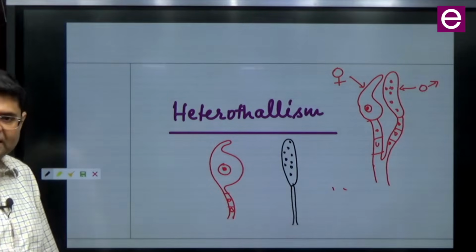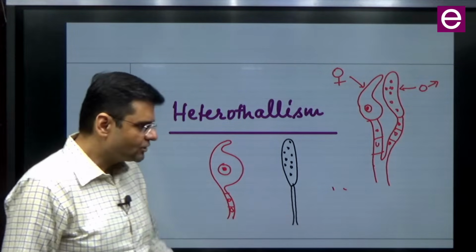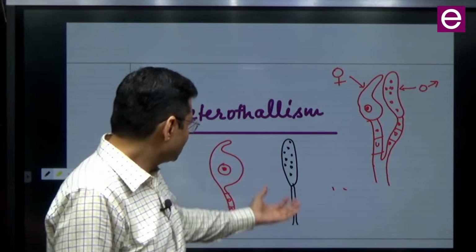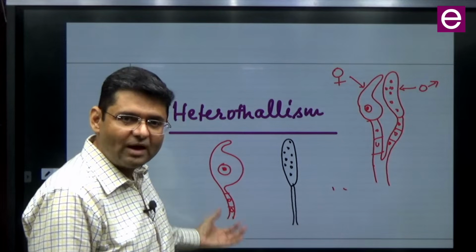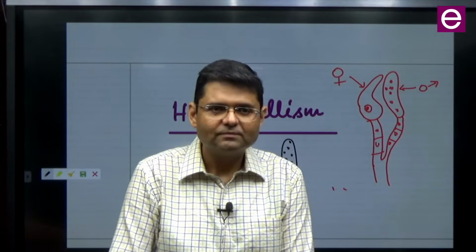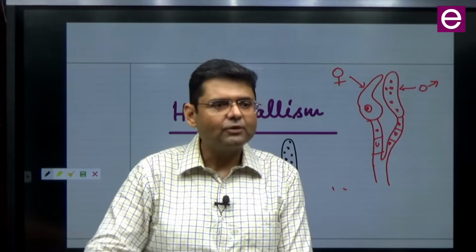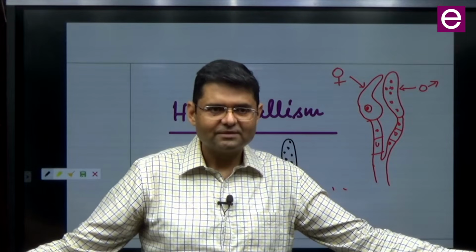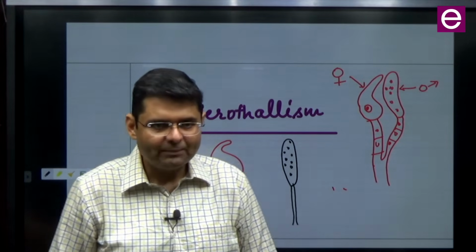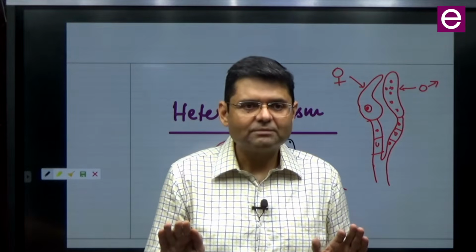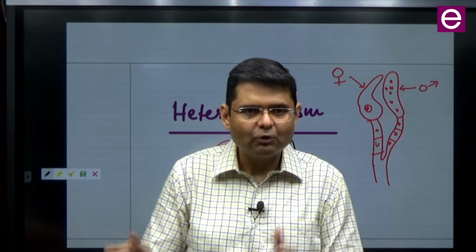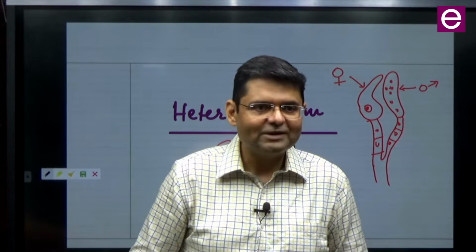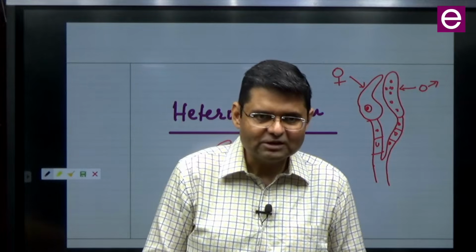Right, two different thalli. Is it true heterothallism? Perhaps not. Why not? Because here you are sexually dimorphic. Are human beings heterothallic? No. Because human beings, or for that matter any mammal, is sexually dimorphic. Male is separate, female is separate. Heterothallism you will apply when there is no sexual dimorphism. Male is not separate, female is not separate. They both are present on the same fungal structure, yet they are not compatible.